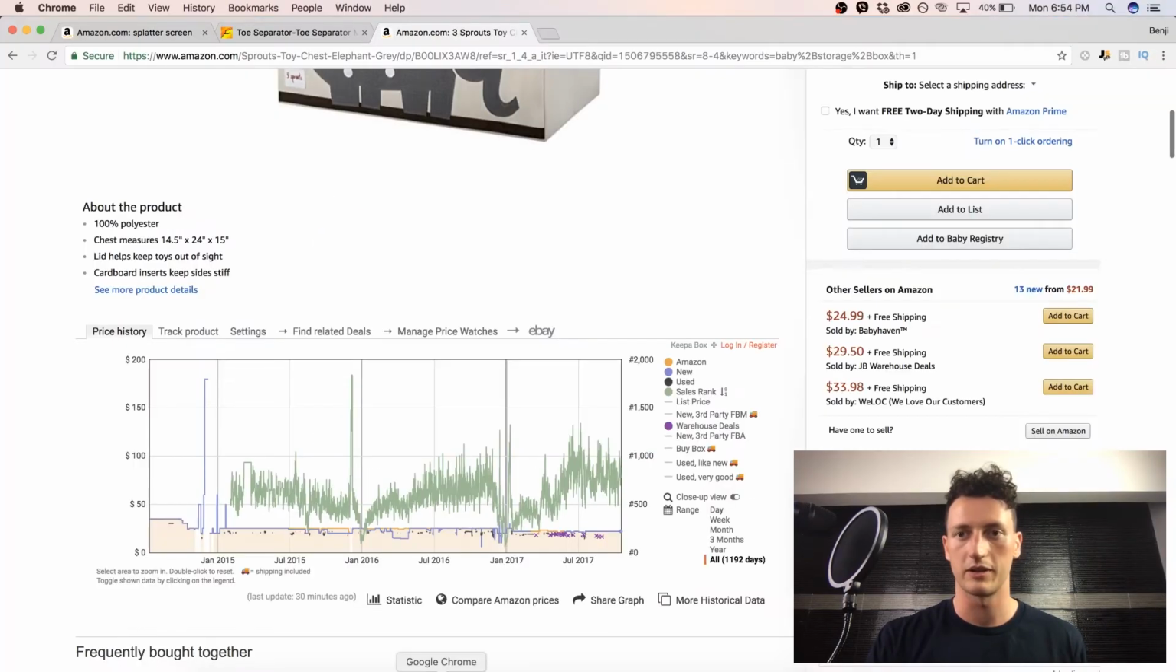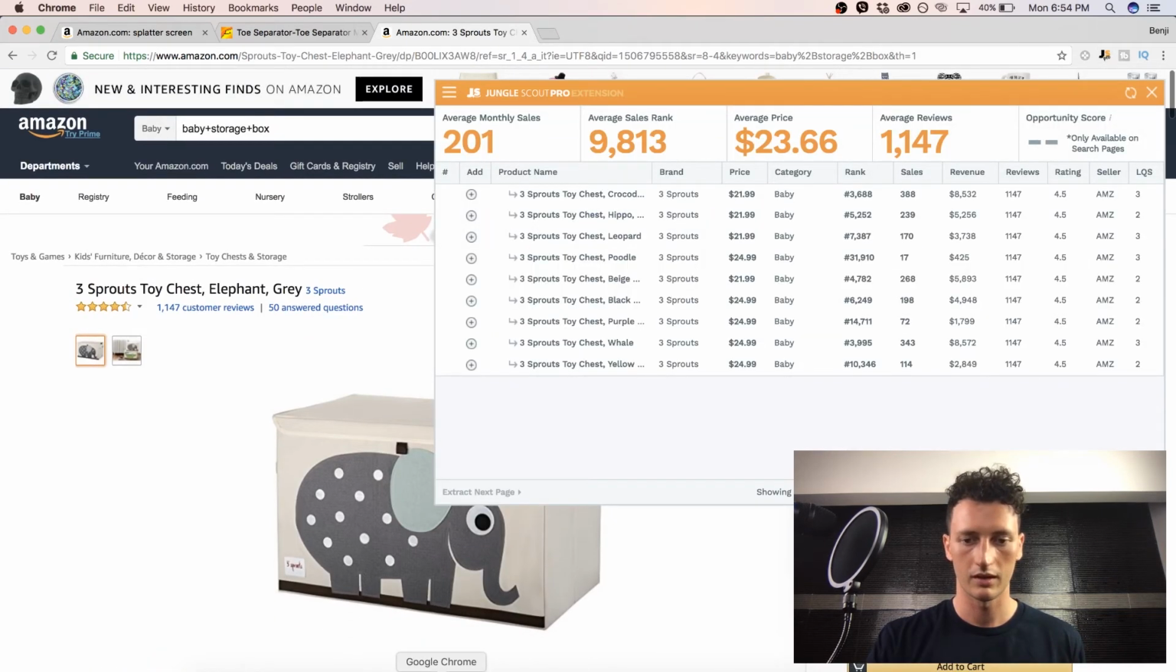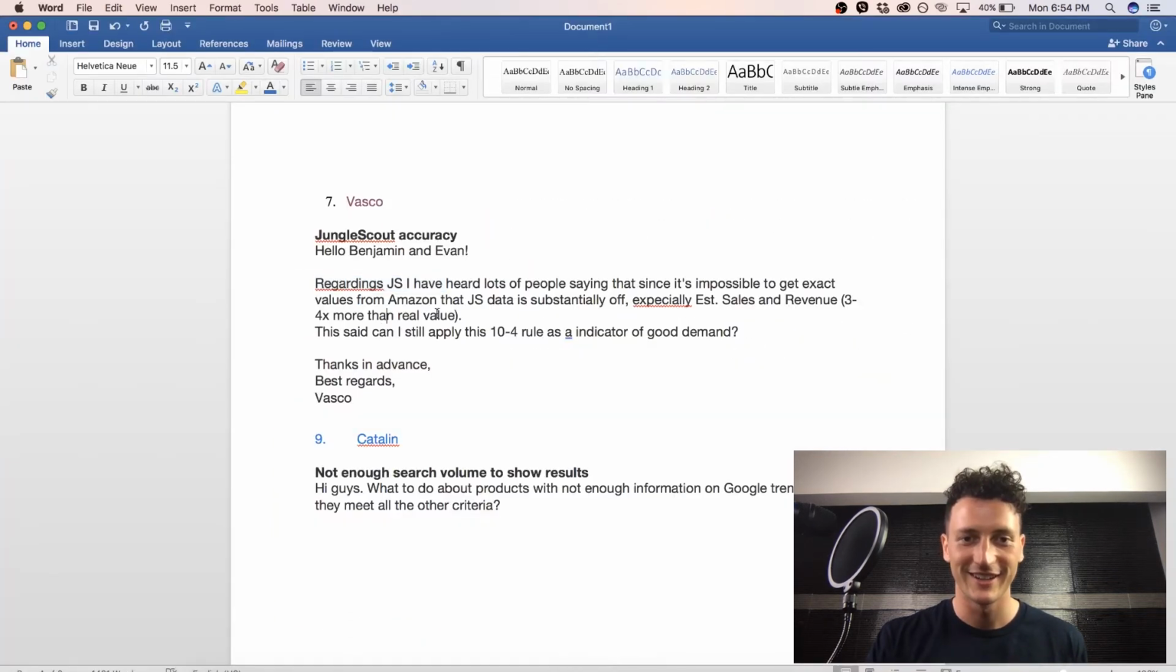Vasco, Jungle Scout accuracy. Regarding Jungle Scout, which is the plugin that we were using before, this plugin right here. Come back to my document. I heard a lot of people saying it's impossible to get exact values from Amazon, and Jungle Scout data is substantially off, especially sales and revenue, 3 to 4 times the real value. Can the 10-4 rule be an indicator of demand? So Vasco,